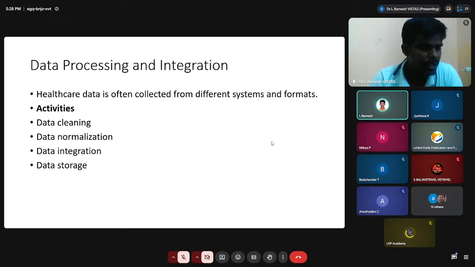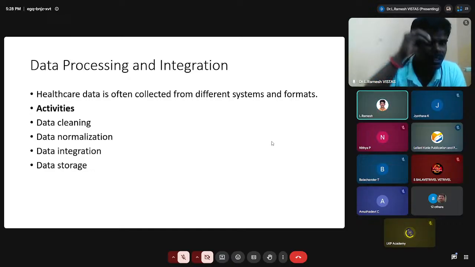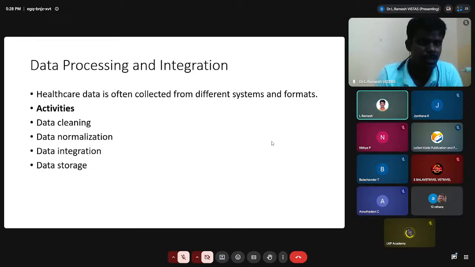So there are various sources involved in data collection in society. So we are getting data, but the data may be accurate or not accurate. Now we are doing something to the data, which is nothing but data pre-processing. There are four stages in data pre-processing. Number one is data cleaning. Number two is normalization. Number three, integration. Number four, storage. Data cleaning is a primary data pre-processing technique. So what do you mean by data cleaning? Any idea about data cleaning?